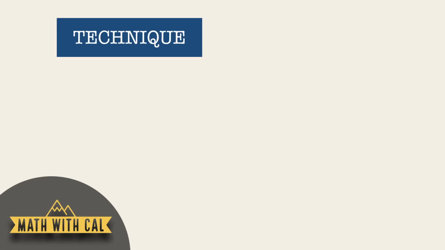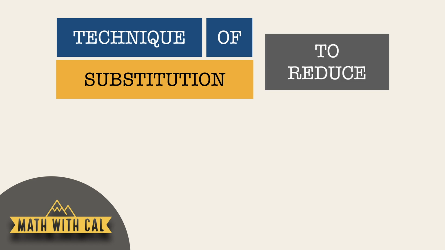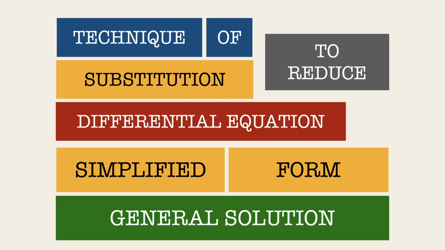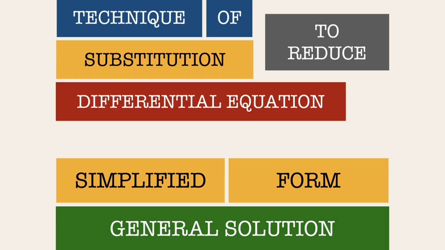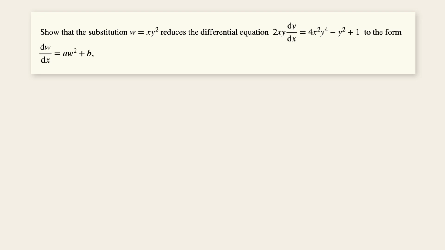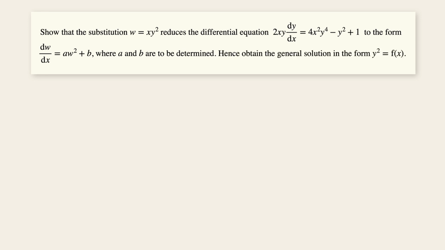Hello everyone, today I'm going to show you how to use the technique of substitution to reduce a differential equation to a simplified form so that we can find the general solution easily. So in this question, we need to show that the substitution w equals xy squared reduces the differential equation as such to the form dw over dx equals aw squared plus b. And we are then supposed to determine a and b and obtain the general solution in the form y squared